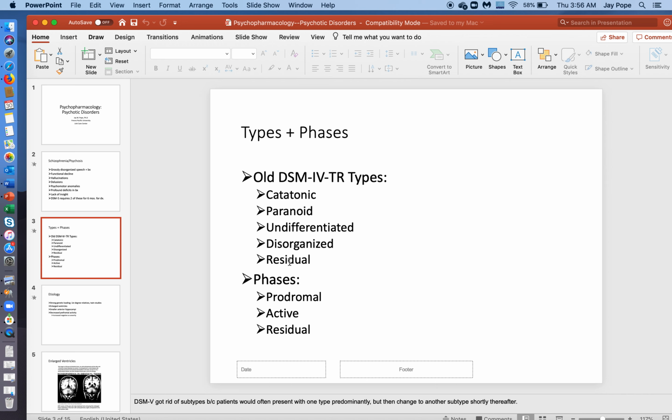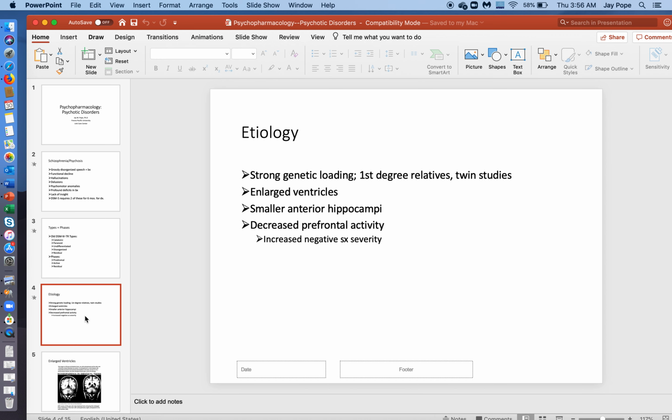And then there are phases of schizophrenia called the prodromal phase, which is the phase of schizophrenia just before when a person is not fully symptomatic, but they're starting to show some warning signs that they're about to be fully symptomatic. The active phase is when they're exhibiting the major symptoms of schizophrenia. And then there's that term again, residual, when they start going back to how they were before, and they're not as actively psychotic as they were before.